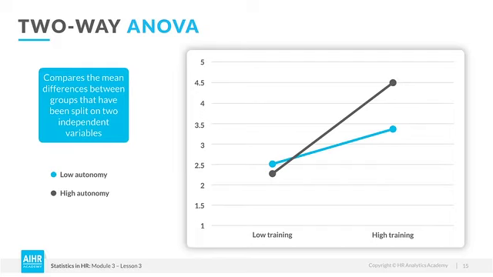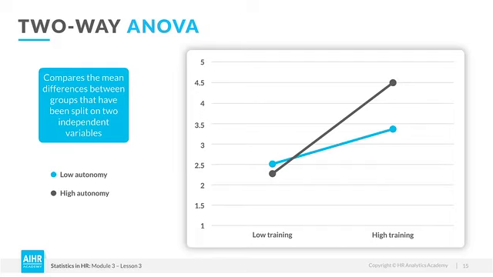Here, the independent variables are training level, high and low, and autonomy on the job, high and low, whereas job performance is the dependent variable. As you can see in this picture, training likely has a significant effect on job performance, whereas autonomy most likely doesn't. There is a visible interaction effect between autonomy and training on job performance, as there was no